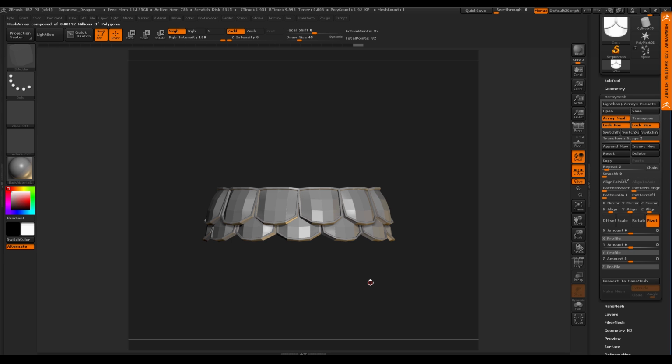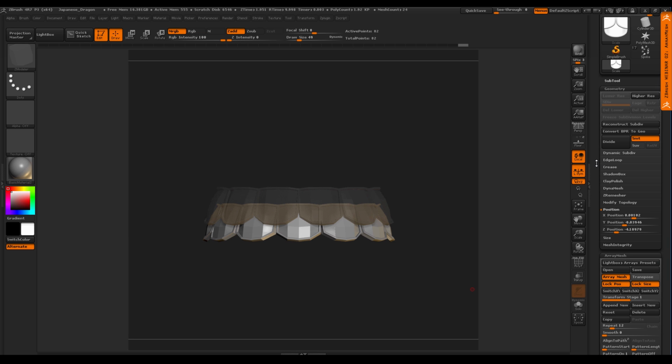But in order to turn this into a brush, we need to turn all this into a piece of geometry. Now, I only have 2 stages right now, right? There's only 2 stages happening here. But there'll be times if you start using array mesh, you might have 3, 4, 5, 6, 7, 8, or 9 stages, okay? So instead of me sitting here always going to the next stage and hitting make mesh, and then going to the next stage, make mesh, go to the next stage, make mesh, another way I can turn my array mesh into a piece of geometry, where I want all the arrays at once, is in the geometry section, okay? So I'm going to open the geometry.